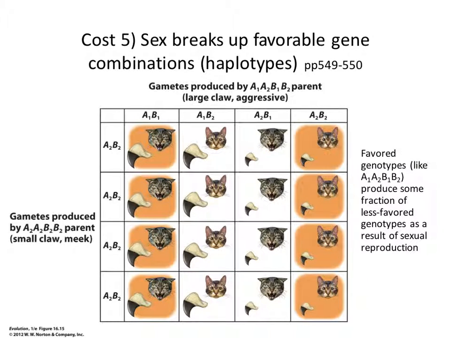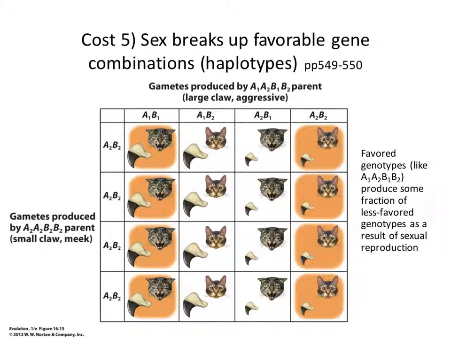Okay, one of the last ones, which is counter to what everybody says, because you've heard this in so many classes: the idea that sex is beneficial because it creates new combinations of genes. But what people in general rarely think about, not evolutionary biologists, is the idea that once you have a beneficial combination of genes, wouldn't you like to keep that combination together, instead of breaking them up in meiosis? And that's what this figure from your book represents. I suggest you go read the caption, at least, if not this whole section, because it's a really interesting concept.